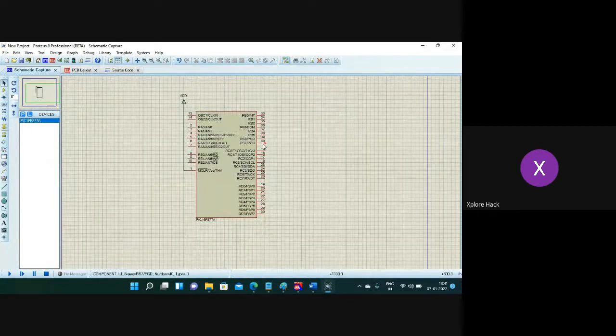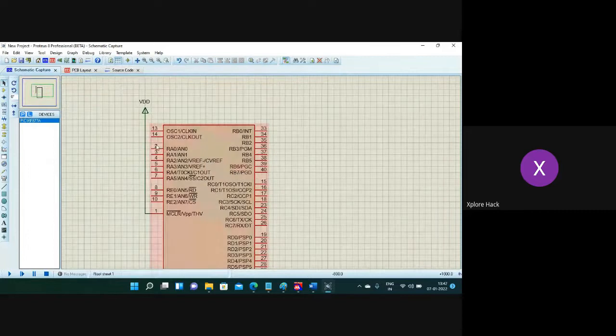Okay, so as I told you before, these are all named RA0, RA4, RA5, like that. These pins can be used under port number A, or port name A, and you can find the same kind of pins available on the right side of this microcontroller also. From this you can understand these pins can be used for port B, and these 8 pins can be used for port C, and these 8 pins can be used for port D, and these 3 pins can be used